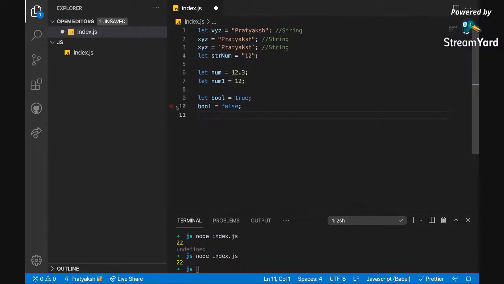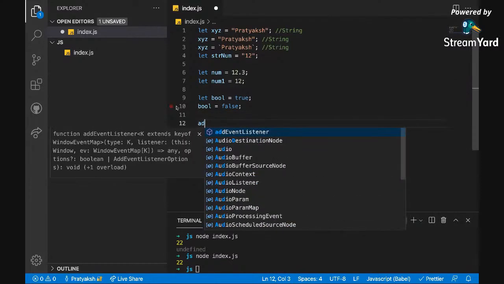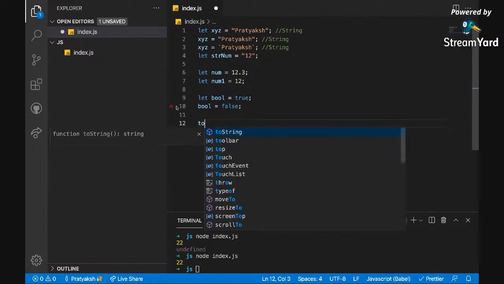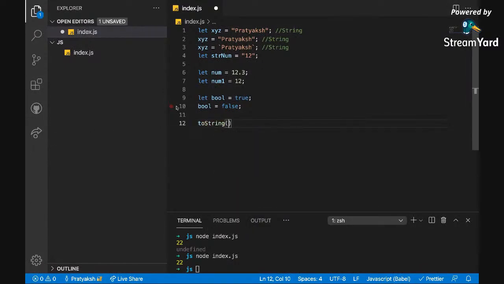Okay. Now let's take these functions. I defined a function add, right? But what JavaScript has to offer is a lot of predefined functions. What is a predefined function? So I use toString, right? Then I use parseInt also. So these are functions themselves.